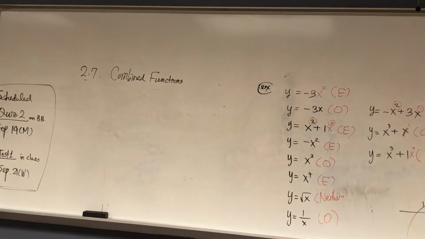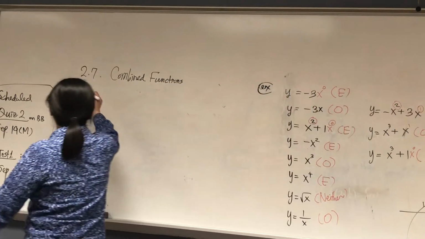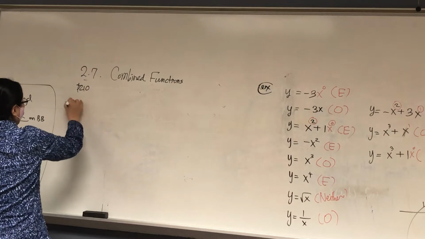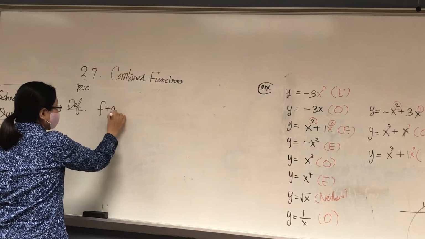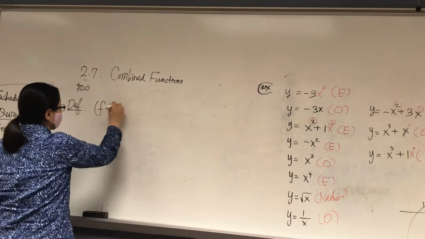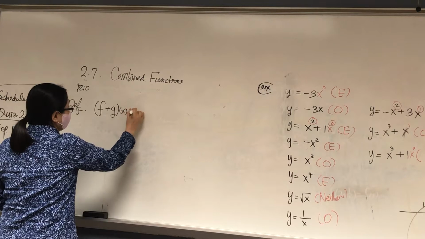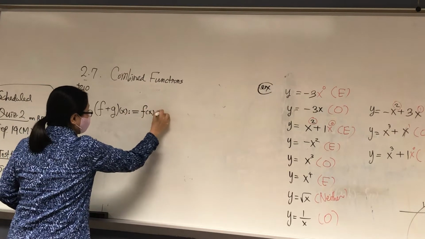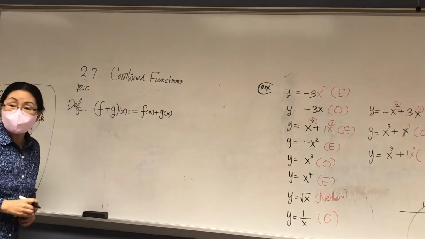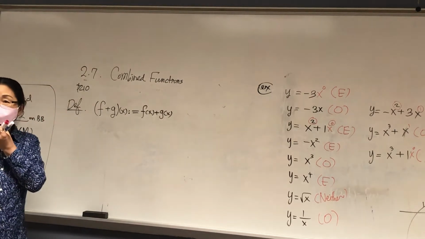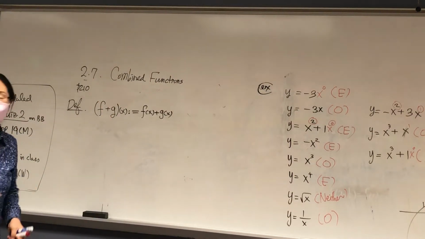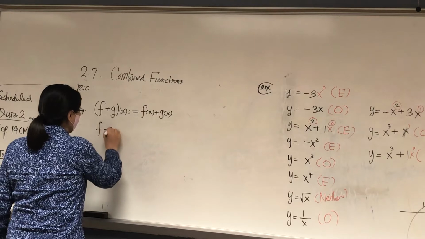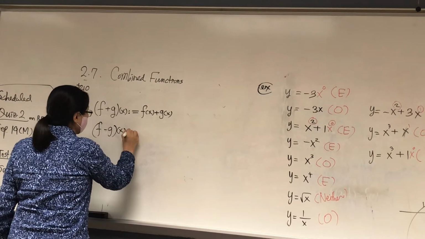You need to know about the formula on page 210. I didn't go over that. Definition. What do they mean by f plus g? It means f of x plus g of x. Am I right? Combine, not the composite. Composite is special. F minus g of x means